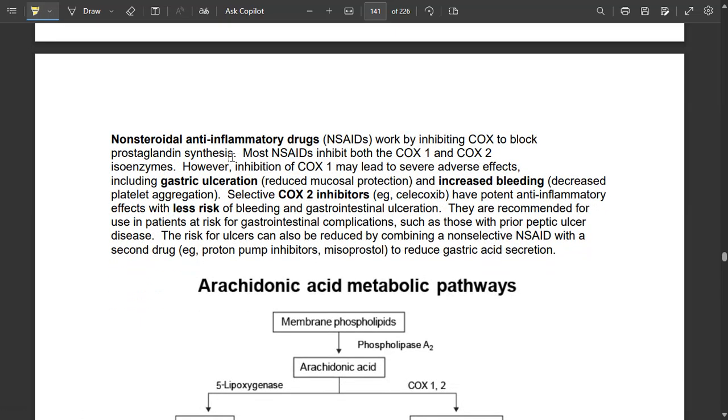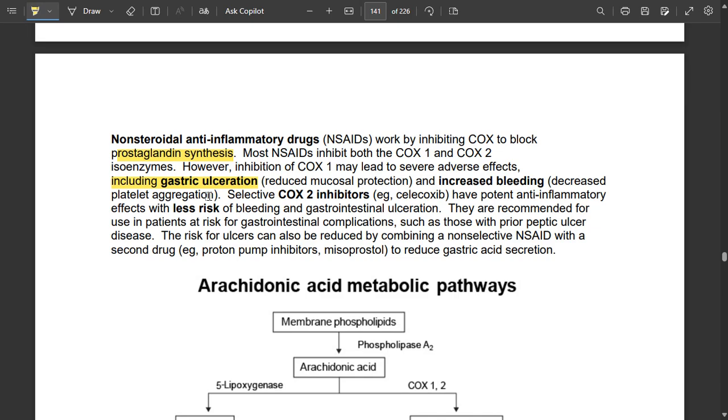NSAIDs inhibit COX-2, decreasing prostaglandin synthesis. Most NSAIDs inhibit both COX-1 and COX-2 enzymes. However, inhibition of COX-1 may lead to severe adverse effects, including gastric ulceration and increased bleeding. COX-1 inhibition decreases platelet aggregation, so increased bleeding as well as gastric ulceration can occur just from giving COX-1 inhibitors,